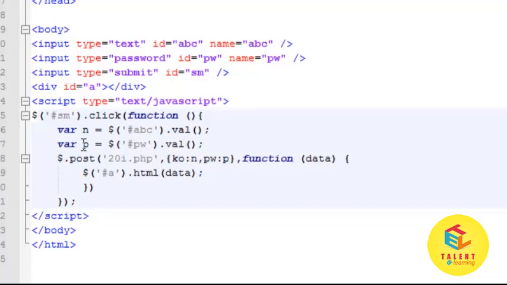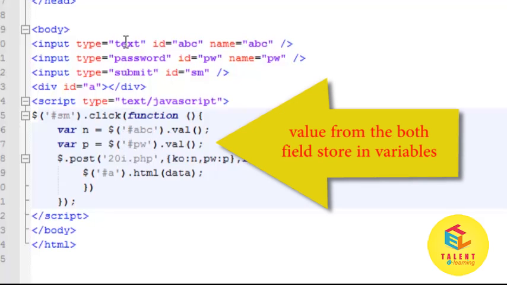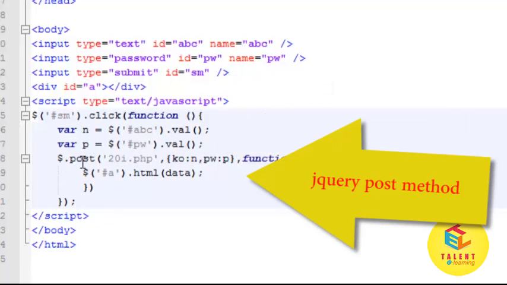And here in this script, whenever we will click on this submit button, at that time the value from the both text field will store into this variable n and p. And then we are using this jQuery post method